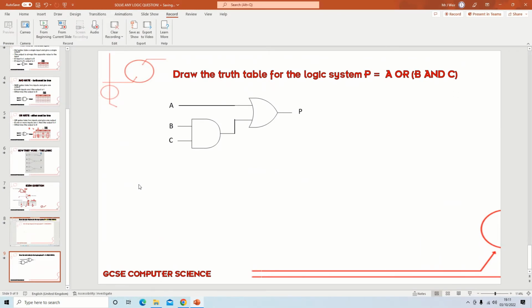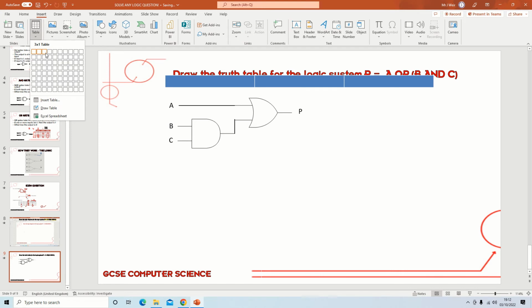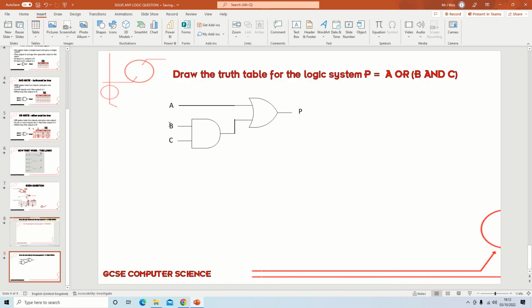Now similarly, you can be asked to draw a truth table from a Boolean expression, or usually more often from a circuit like shown. So if you can see this circuit, you need to get prepared for how to put this into a truth table to show all of the possible outcomes. Now I've got a little trick for this that is a little bit like a cheat to allow you to do this. First step that we're going to do is we're going to add in an extra